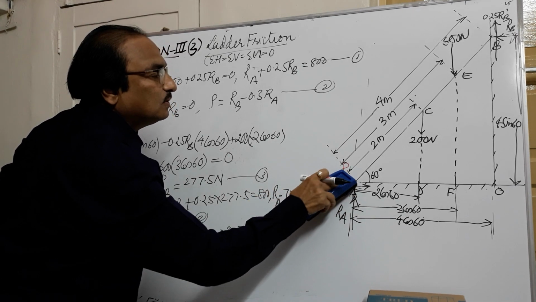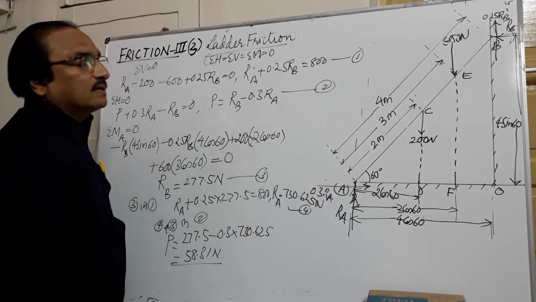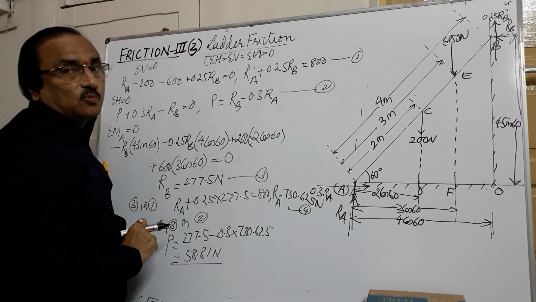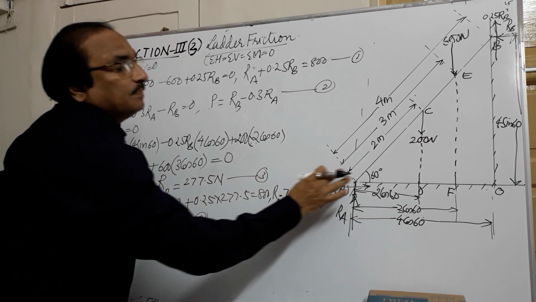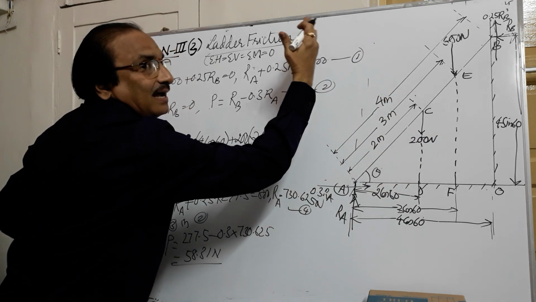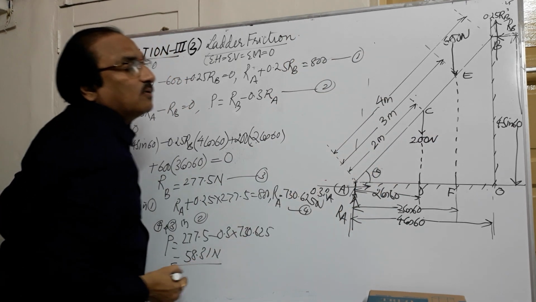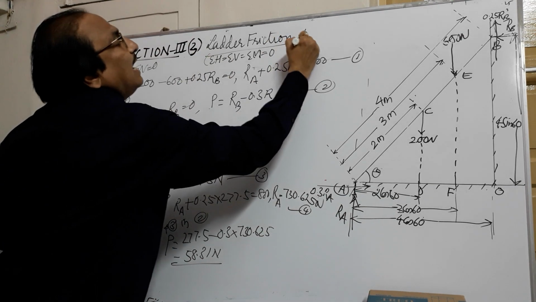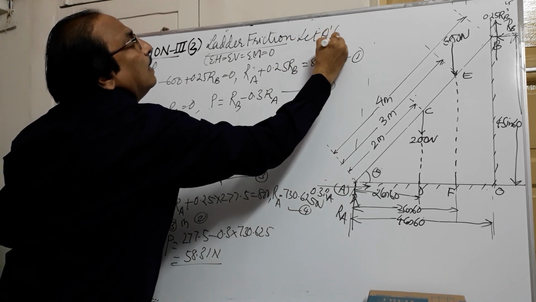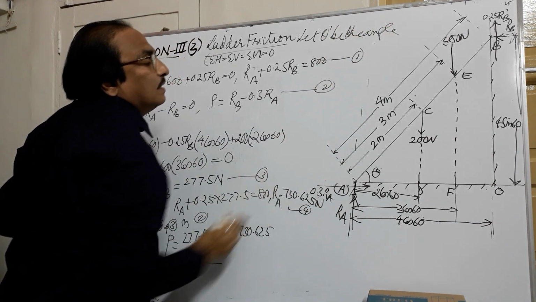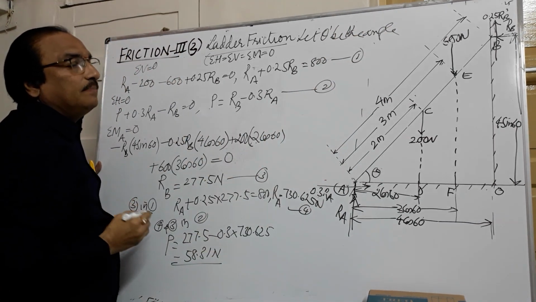In the second case, if no P is there, definitely with 60 degrees it is going to slip, because we are saying P is required. If it should not slip, I'll have to increase the angle. So in the second case you are required to find out how much the angle must increase. Let theta be the angle where the ladder will not be slipping.